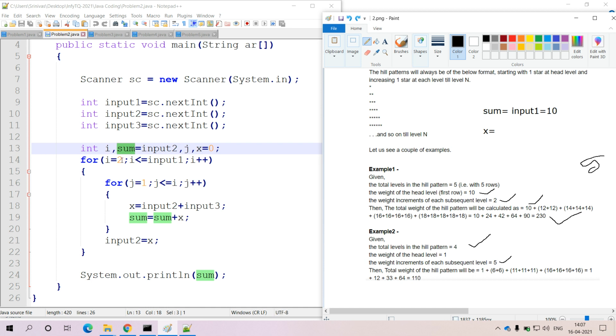Now let me take the i value 2. With respect to the i value 2, if you execute the inner for loop, the j value is 1, and 1 less than or equal to 2 is always true, so we can enter into the inner for loop.